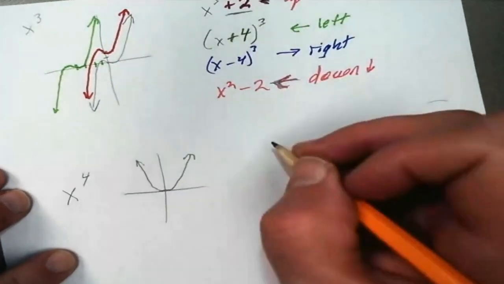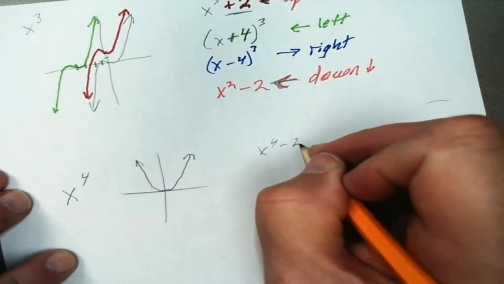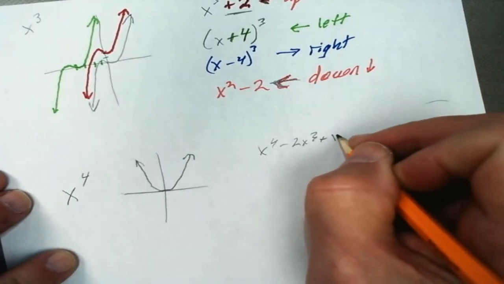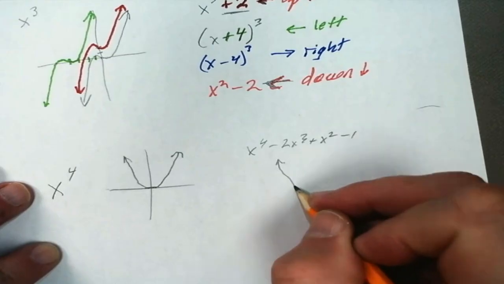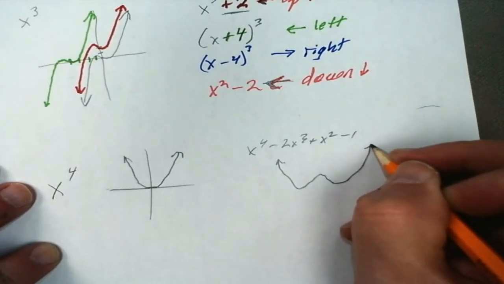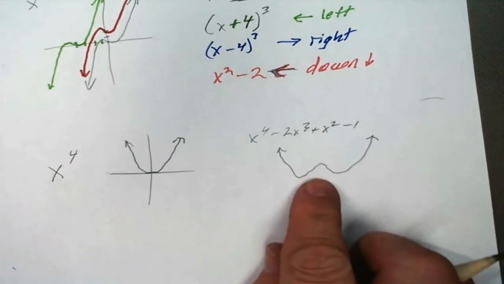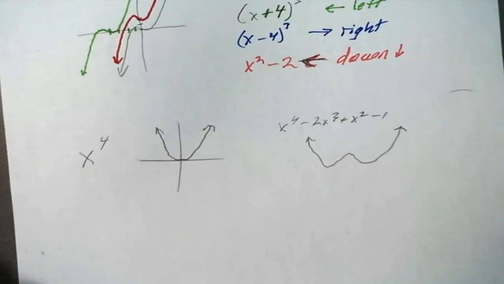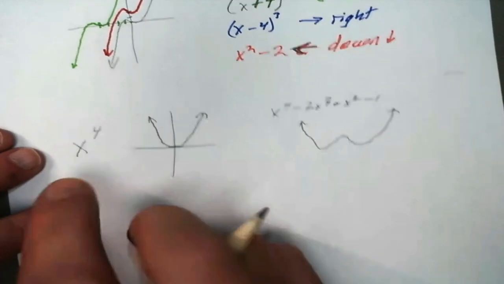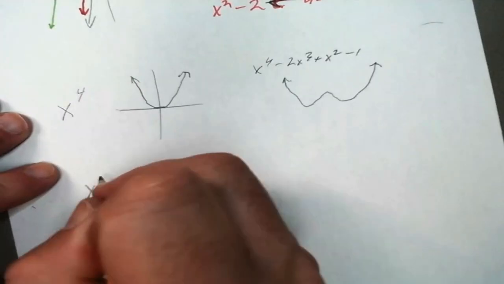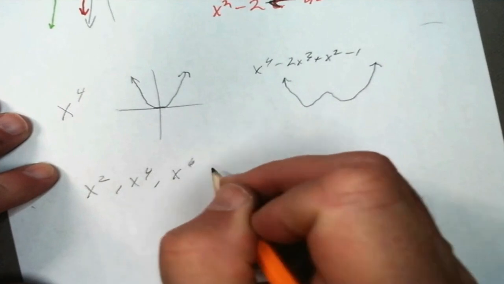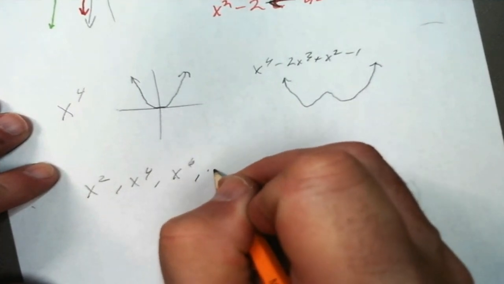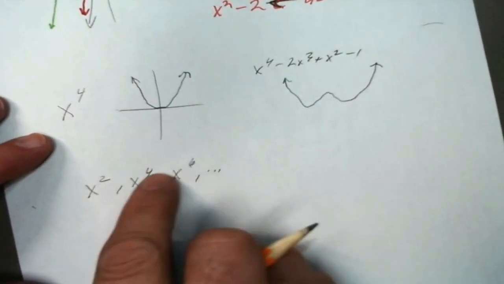And again, if it's like x to the 4th minus 2x to the 3rd plus x squared minus 1, something like that, it could look like something weird like that. But here's the key. Here's the key when it comes to reading graphs. If we have x squared or x to the 4th or x to the 6th, et cetera, even numbers,